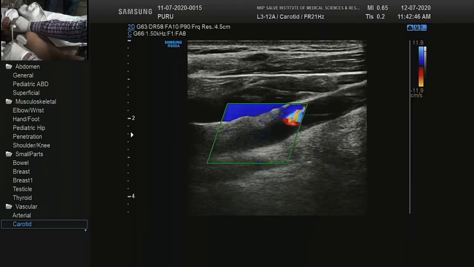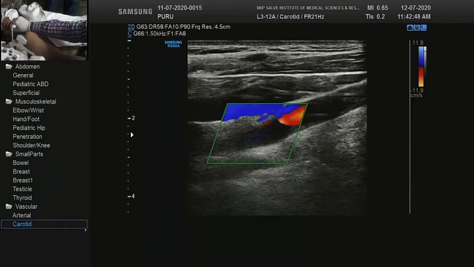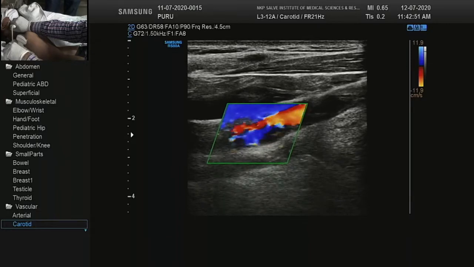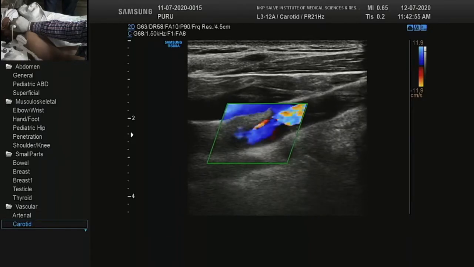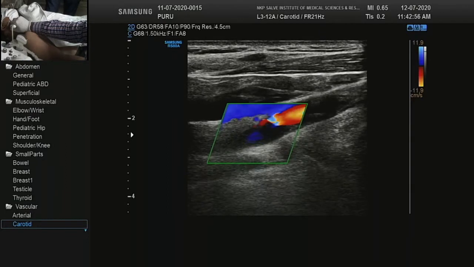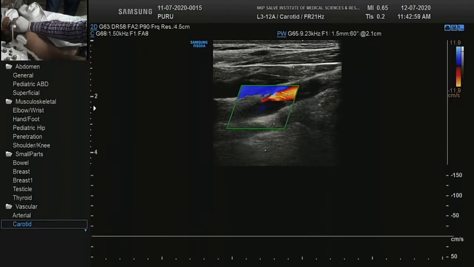And yes, there is some flow. Will increase the PRF. Try to see what is there. And now finally for the flow we will do a spectral assessment.